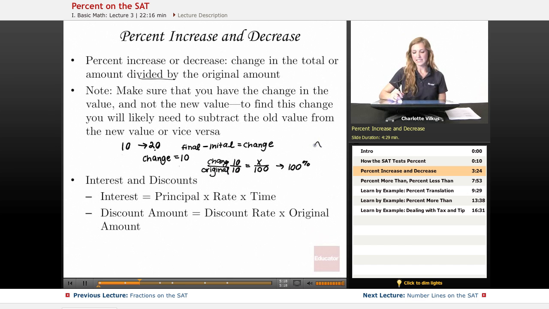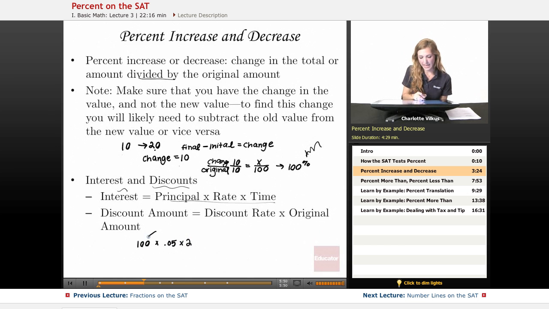And this is going to quickly give me the percent increase or decrease. The other thing that we see come up in this case is when we're looking at interest and discounts. So if we have some sort of interest, we basically have the principal times the rate times the time. So if I have $100 and I'm collecting interest at 5%, if I do this for 2 years, I basically